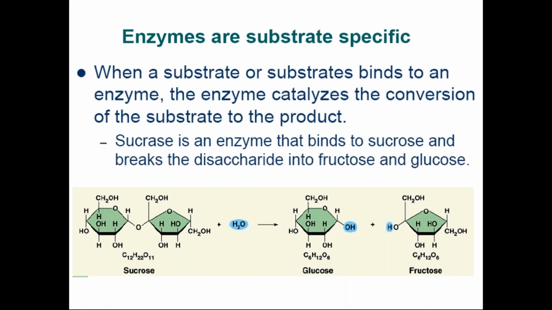So you see here, in the case of the breakdown of sucrose, the enzyme is sucrase. It will break down sucrose into glucose and fructose. However, sucrase cannot break down maltose into glucose and glucose. Also, sucrase cannot break down lactose into glucose and galactose. That is because the enzyme sucrase has a substrate binding site in which only sucrose, the disaccharide, can fit, and we have the groups in the protein which will act upon the sucrose.